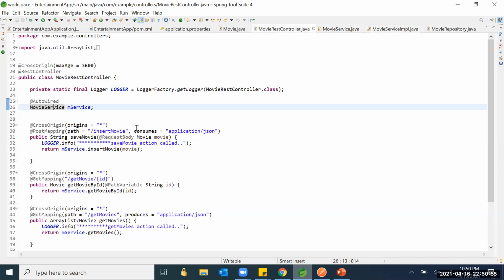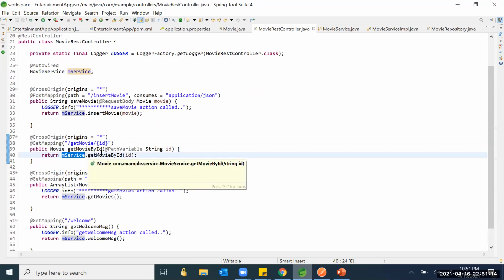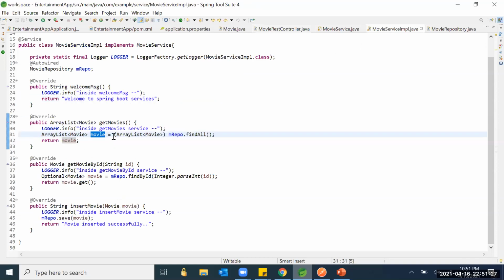So in our REST controller, what we will do is autowire our service interface. You can see save movie. I'm just making one post mapping here, and in save movie I'm calling service.insertMovie. This is my implemented method. I'm passing this, so I'm calling service methods. Because we are segregating the business logic, I mean database logic, in the service classes, in the controller we won't have any business logic. We are just invoking the service methods here. The database logic will be in the service class, which will invoke the repositories. That's how we have to segregate in a Spring Boot project structure.